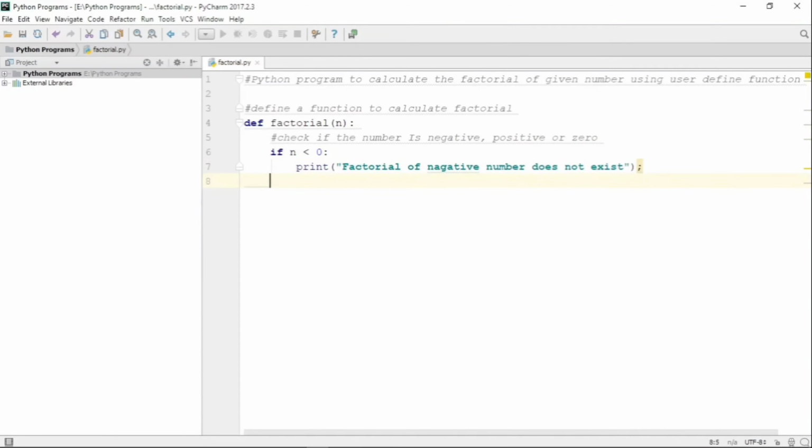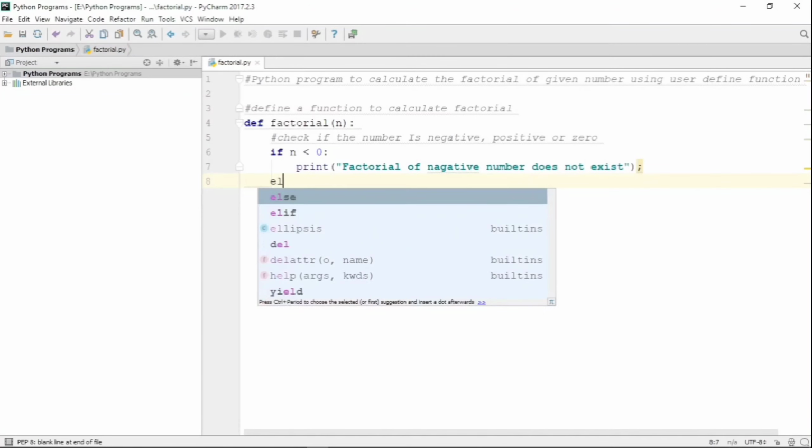So here if condition n less than 0. So if n less than 0 means my number that is inputted is a negative number. So what we'll do is we'll just print a message that factorial of a negative number does not exist, because we cannot compute the factorial of a negative number.